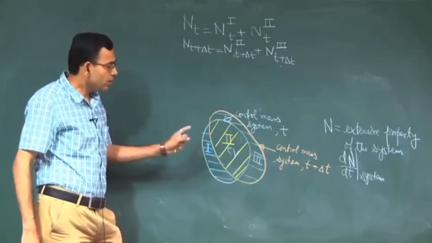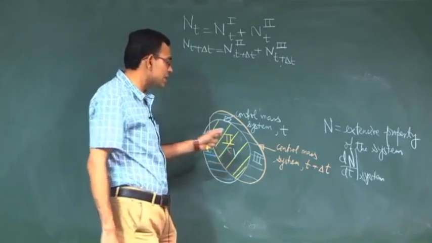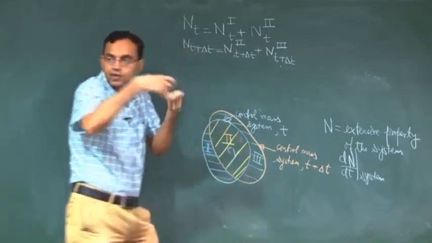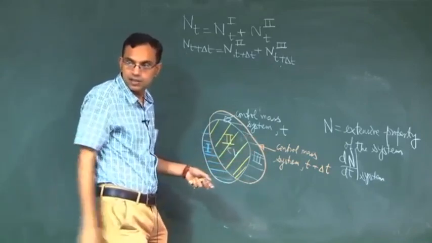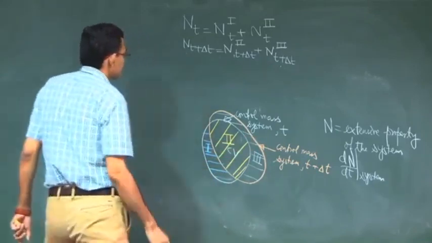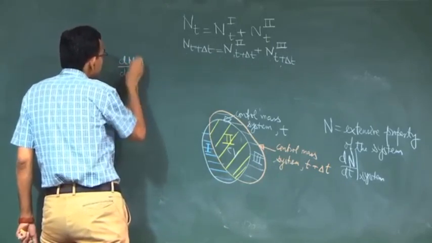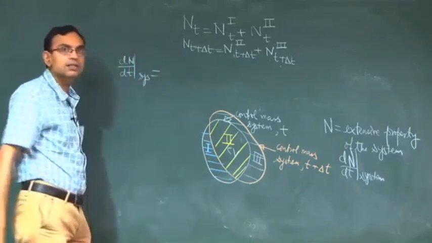So, 2 we will define as our control volume, and in the limit as delta t tends to 0, the control mass system and the control volume almost converge on each other with a little bit offset regions. So, dN/dt of the system, by system we mean the control mass system,